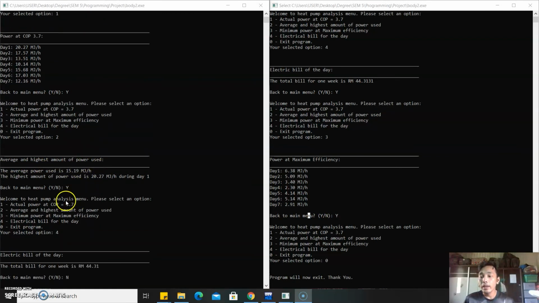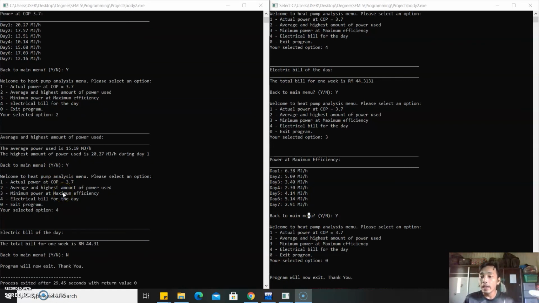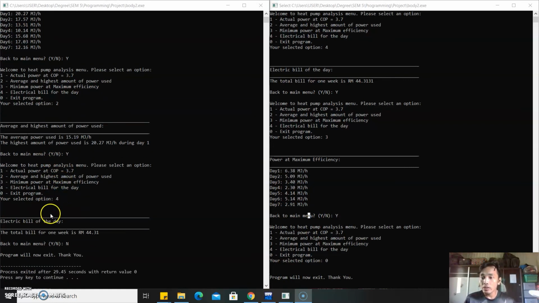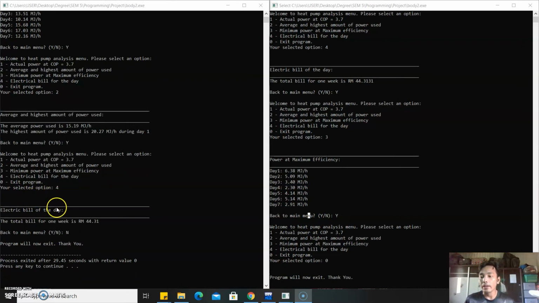And then the program also asks again whether they want to go back to the main menu, and the user said yes. And the user chose option 4, and this will show the electrical bill of the day. And the program asks again whether they want to go back to the menu, but they say no, and then the program will exit. For sample number 2,